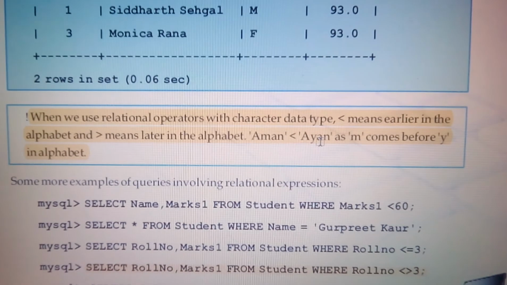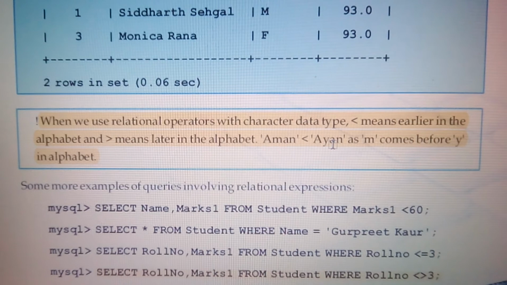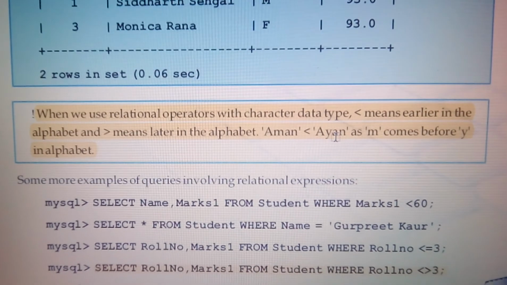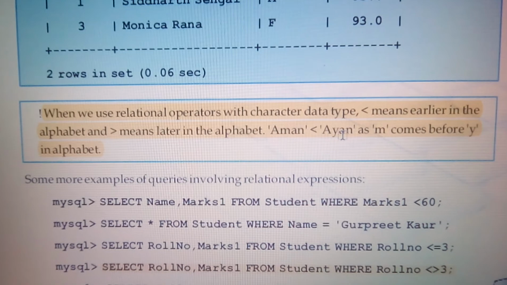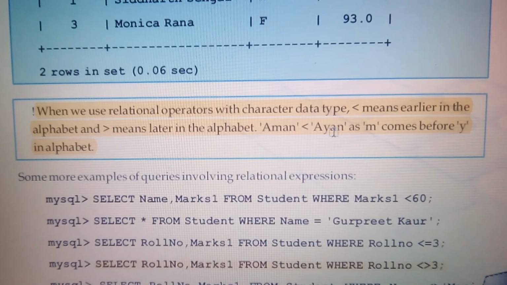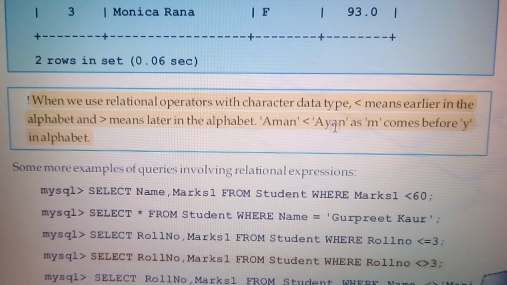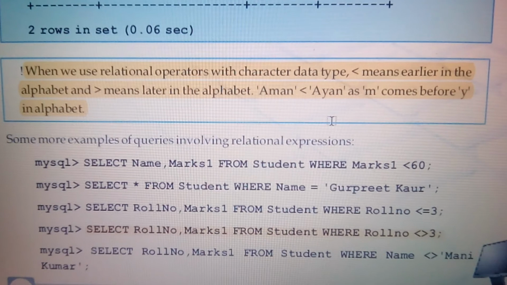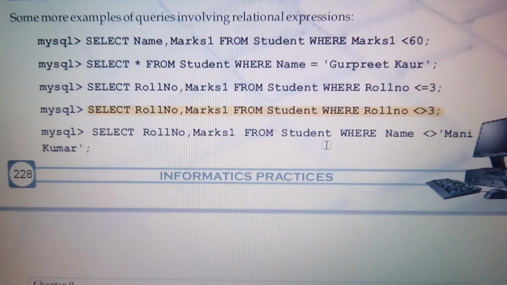This is very important because questions on this part are asked in the case of dates. Like, the question will be: display details of those students who are born after, and a date will be given. Who are born before, and a date will be given. Who are born on and after. So please mention this somewhere, write this point down or take a screenshot. Okay, let's see this example.